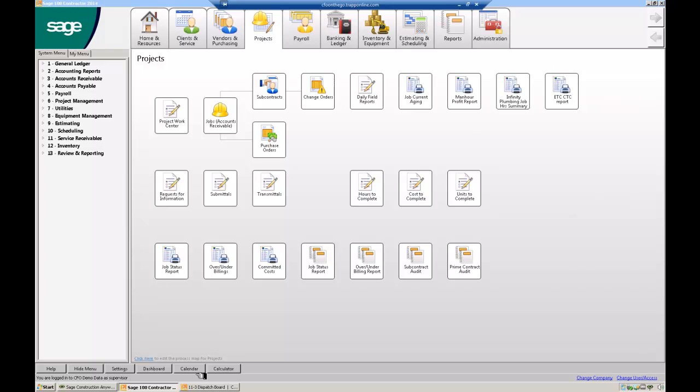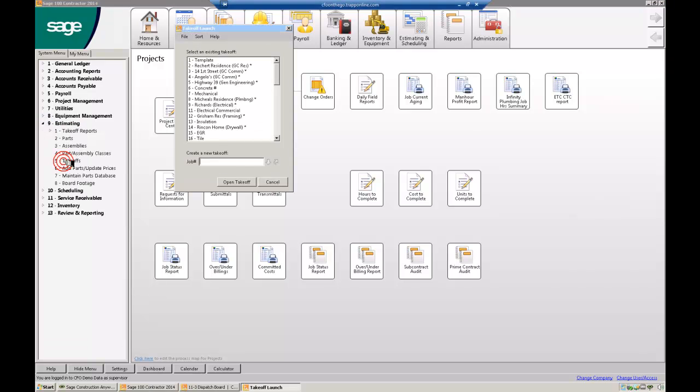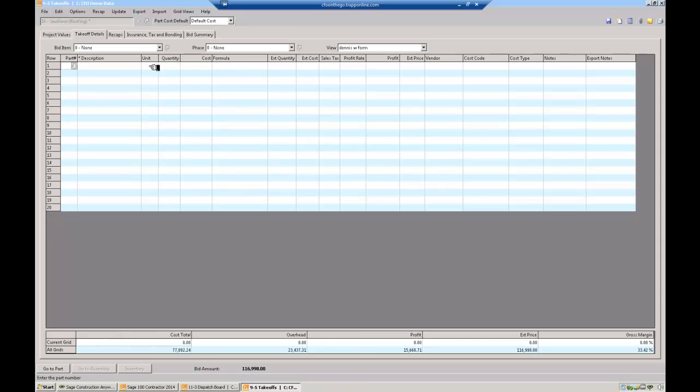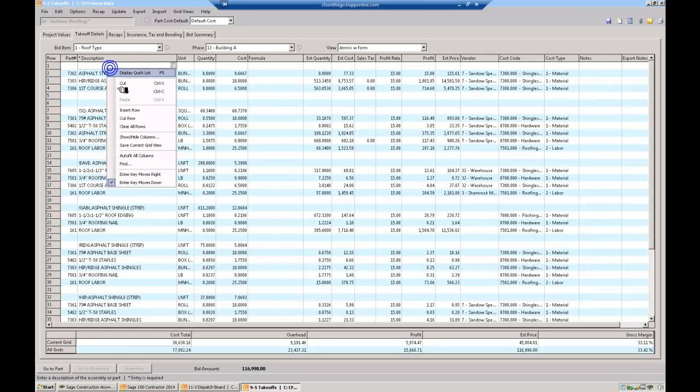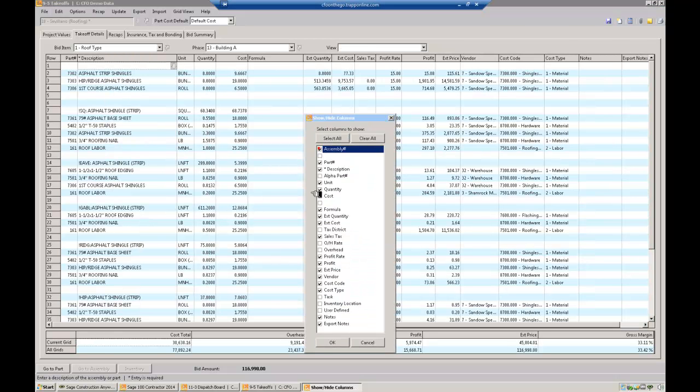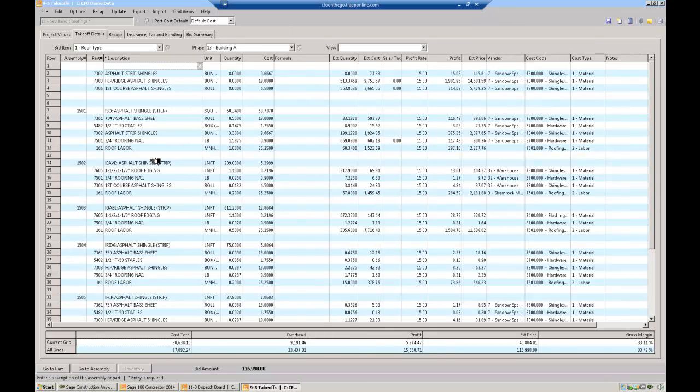The other thing that I think you'll find of interest is potentially, and I say that, is our estimating module. I'm not sure how you estimate today. If you're like 99% of the contractors out there, you're using Excel. So I'm just going to go in here. Just hang on 1 second. Let me just open some things up here, make sure everything's here. Hang on. I have no idea how accurate this is or how close this is to reality, but